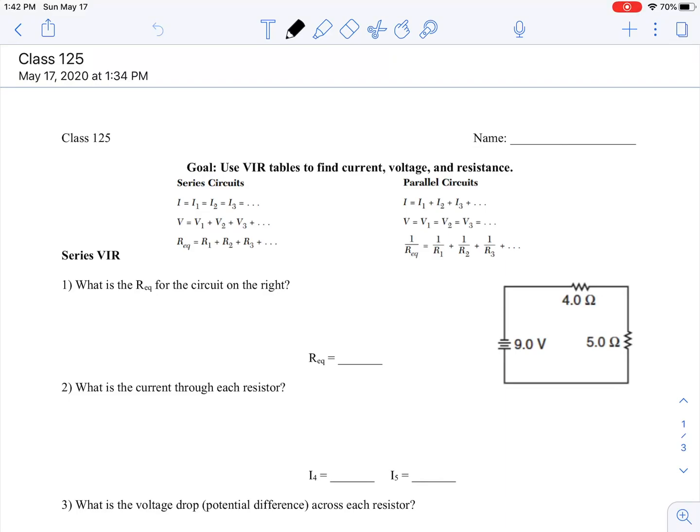Hey everyone, so we're going to talk a little bit more about circuits today. We're going to review stuff we've done in previous classes, but we're going to look at a way to make it a little bit easier for you. So just a quick reminder,